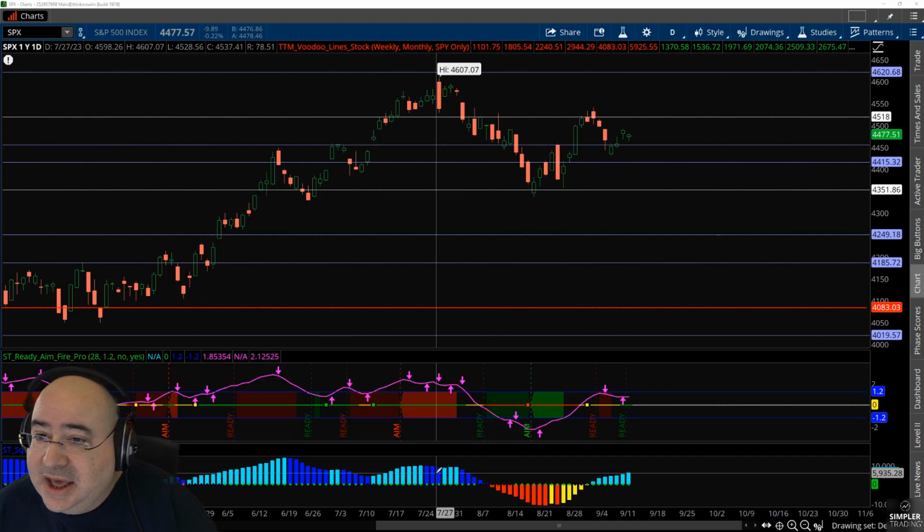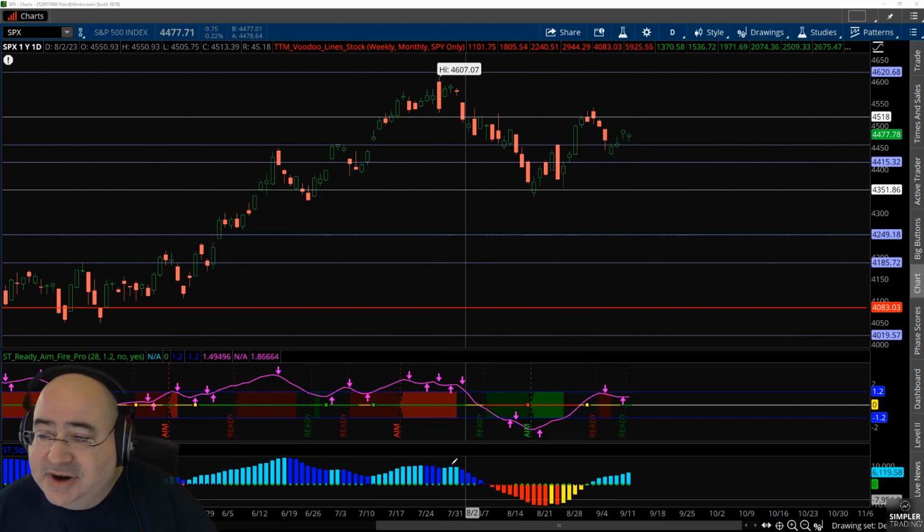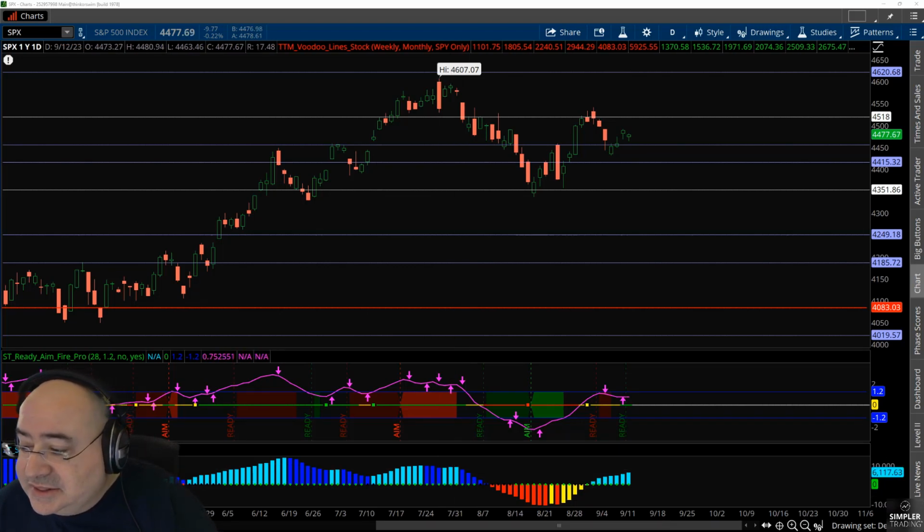And Ready.Aim.Fire Pro, the oscillator in it, has some very specific characteristics, right? It's designed as a trigger, and this particular trigger, right, the oscillator portion of this trigger is designed to find